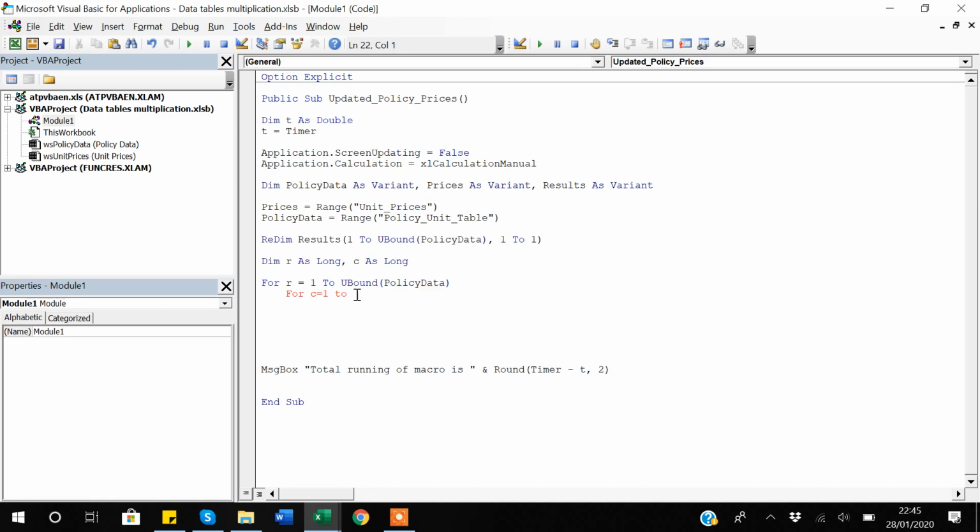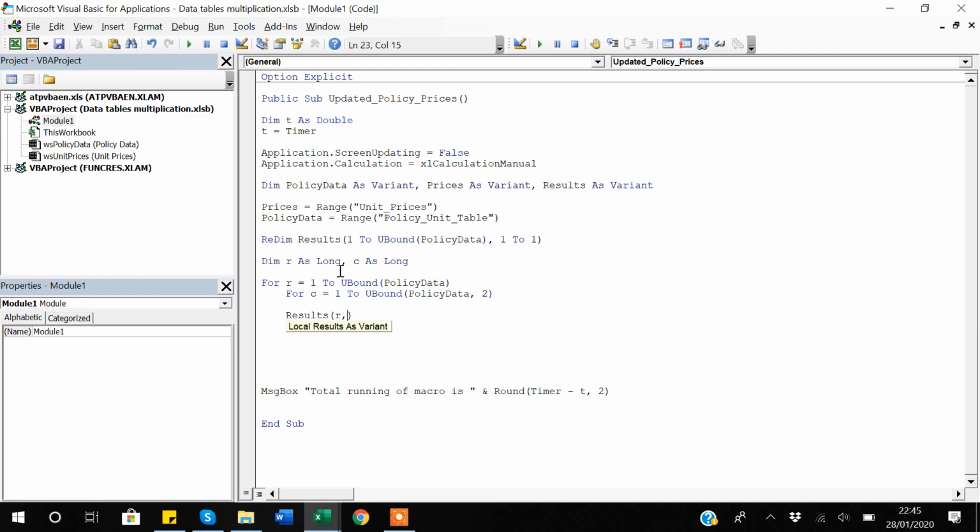But the important thing to note here is that I don't want to run it 100,000 times. Actually, I just want to run it 20 times based on the number of columns. So in order to define the columns, after the comma you have to define 2. And now it will be run 20 times. And now I will make my computational line. So I will be saying results R comma C is equal to, again, results